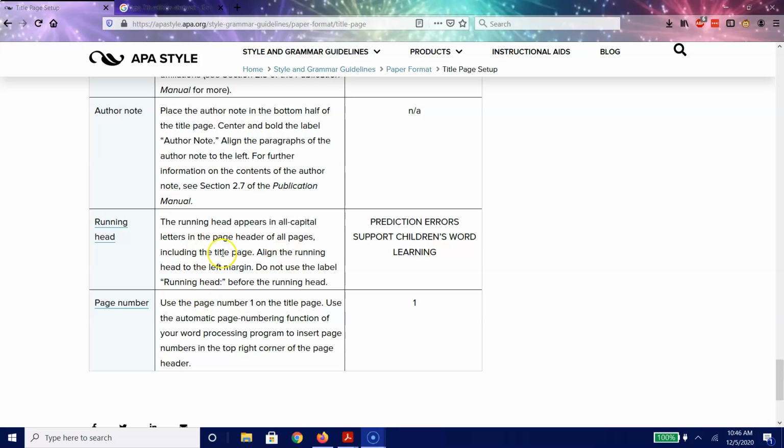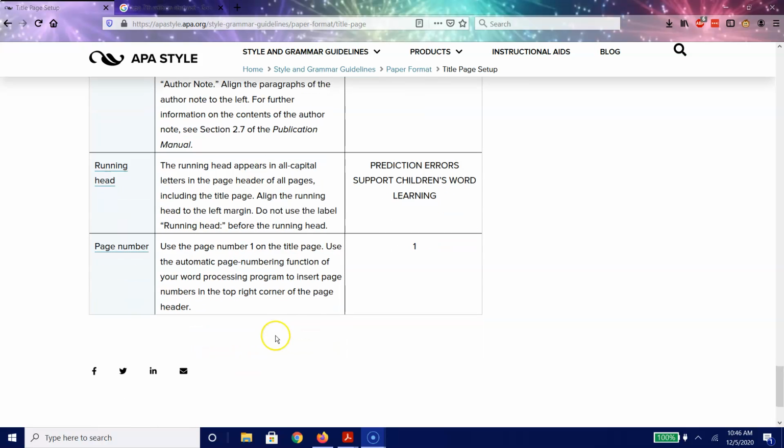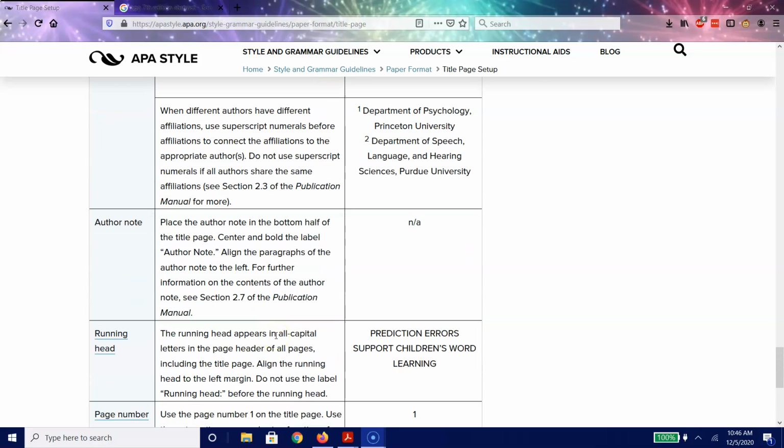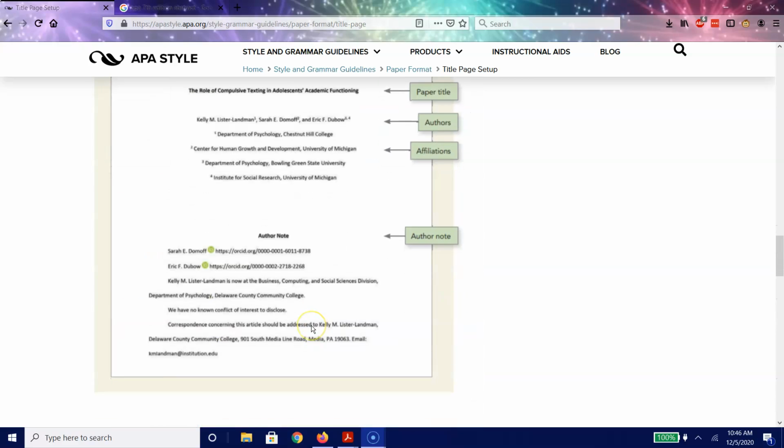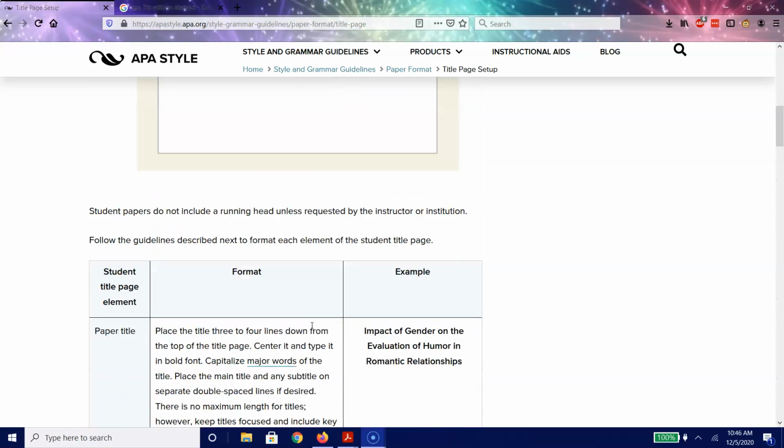You also have a running head. The running head will appear in all capital letters in the page header of all pages, including the title page. Align it to the left. Do not use the label running head before the running head. We used to actually do this on the first page in the 6th edition, but we've changed it. Page numbers still apply. So this is how you do your title page professionally, but I want you to focus